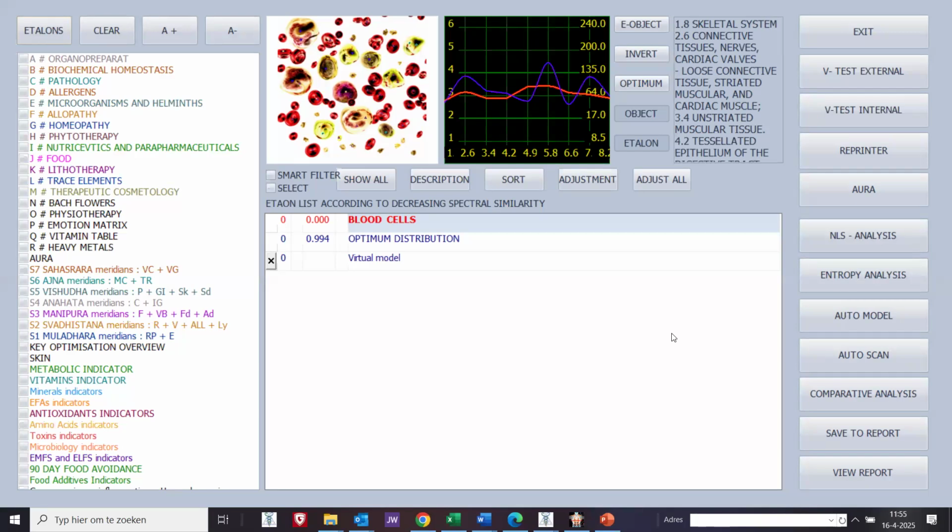Welcome to this demo video, how to navigate the database of the Etalons. For this purpose, I have scanned the blood cells. And as an example, I want to research the Etalon database if there are